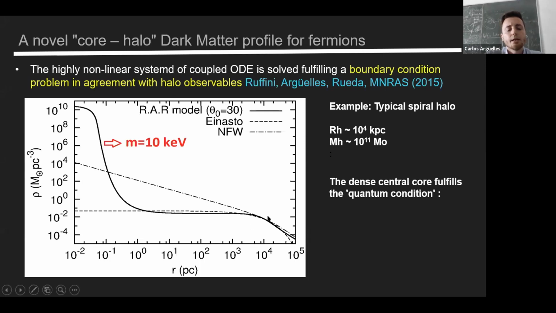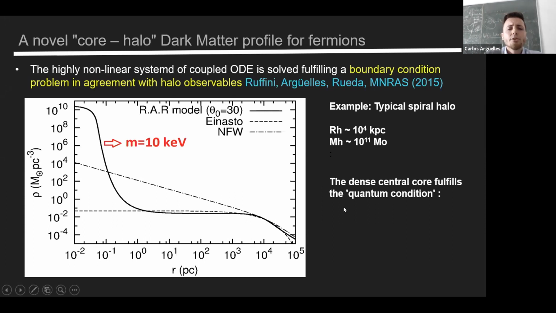Interestingly, at the scales where most data are in far galaxies, the slopes and the distribution of the profile. Of course, our profile is cored towards the center instead of cuspy, but in this window of radii, all profiles such as the so-called Einasto, Burkert, or NFW coincide more or less at this scale.